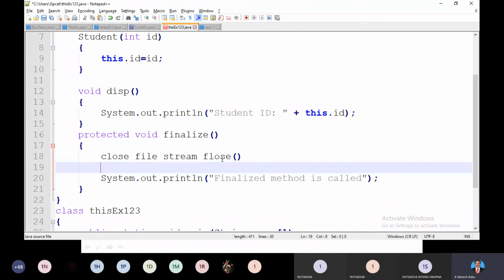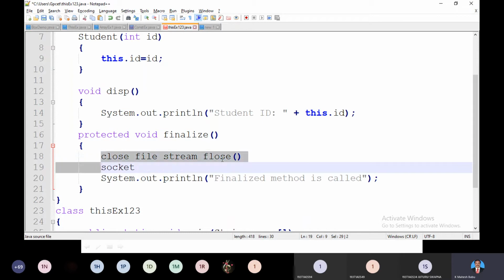if you want to read or send any information on the internet or network, some socket is opened, right? So we opened a socket, which is meant for reading or writing any information through the network. So at the time, if you abruptly come out of your application, that object is open for sending or receiving information through this socket, so the socket will give some error. So we need to close the socket. Like that, any mandatory things we need to take care of before removing that object, such things you can keep inside the finalize method.